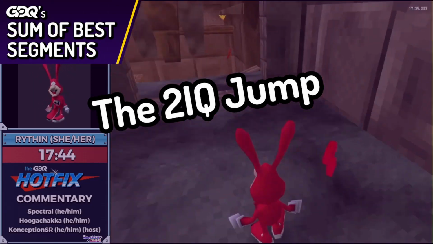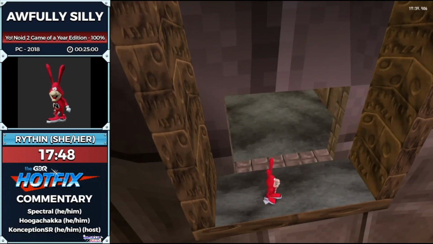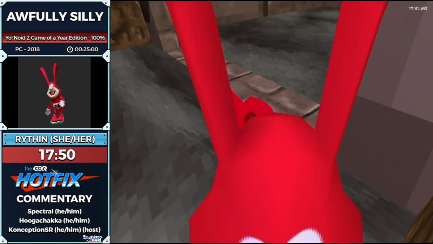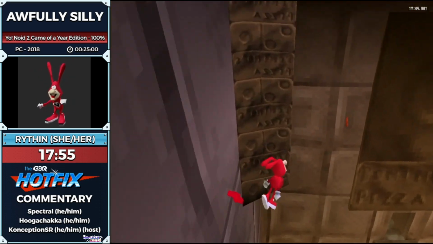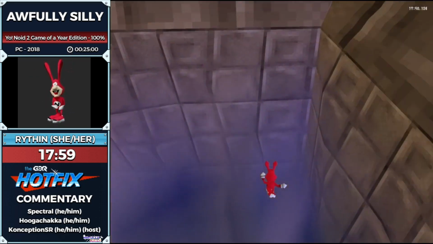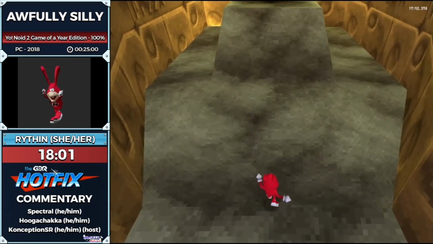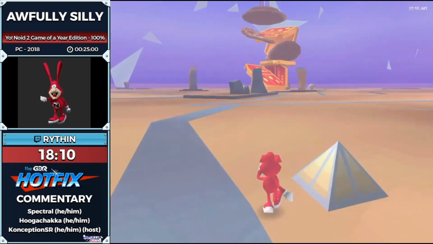All right. So coming up here is the infamous 2 IQ jump. It's called that because we thought it was impossible, and then someone was like, "Just do it, lol." And then we did. It's like 2 IQ. Just go for it. To a lot of people, it's like the hardest trick in the run, but it's actually free. If you don't use a keyboard, it's an unfair advantage, but...